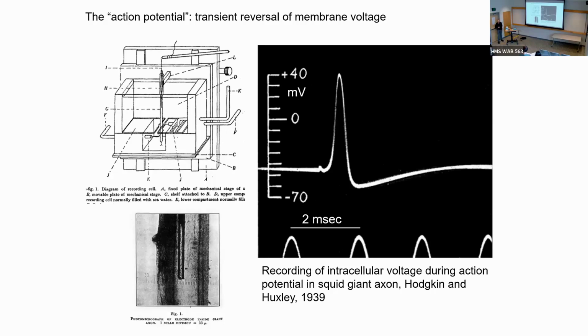Gasser and Erlanger were two of the main people who worked on this. They would take sciatic nerves, for example, from a rat or a frog, and do an extracellular recording. You could measure conduction velocity by boosting up the extracellular signal. But nobody knew what really was happening with the voltage inside this cell. And the key to that was then being able to record the voltage inside a cell directly.